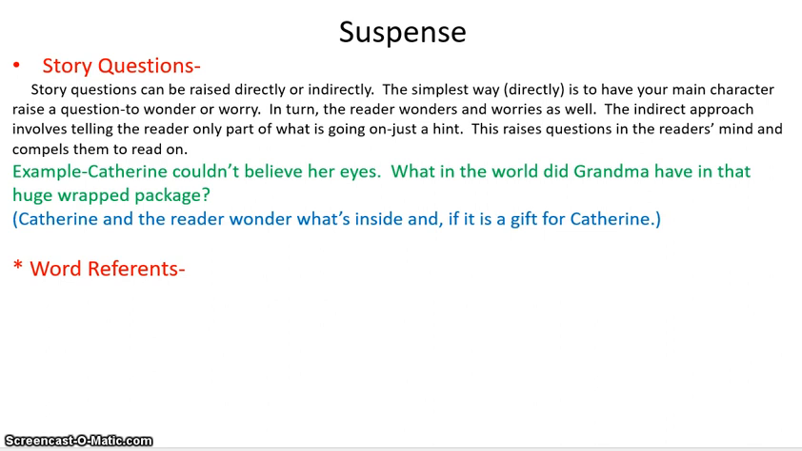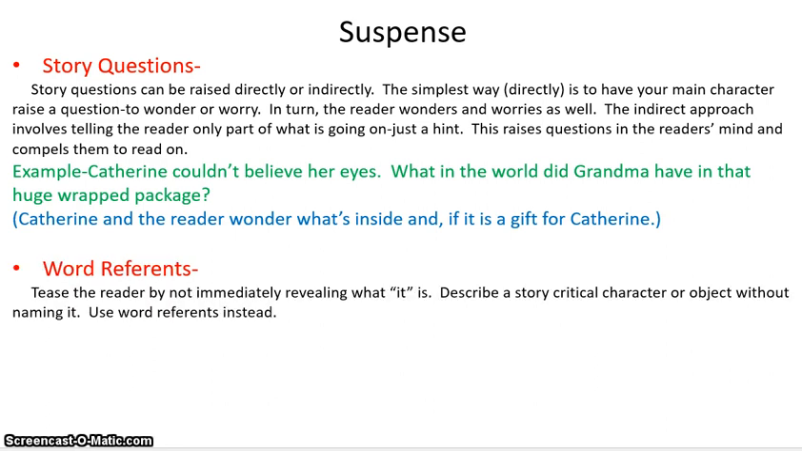Because my example that I used in writing uses word reference and the magic of three. But word reference, let's look at an example that they've given you. It says it teases the reader by not immediately revealing what it is. Describe a story critical character or object without naming it. Use word reference instead. So if Humphrey meets a giraffe, okay, I'm not going to come out